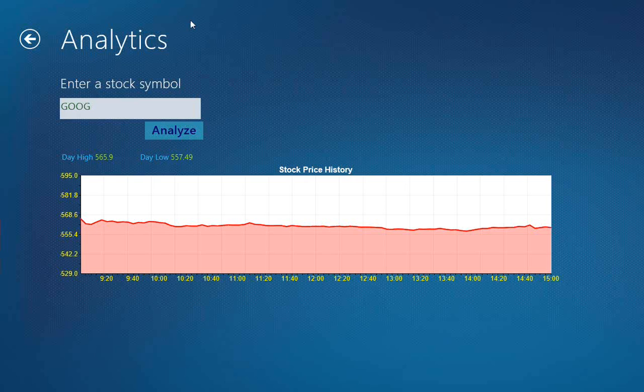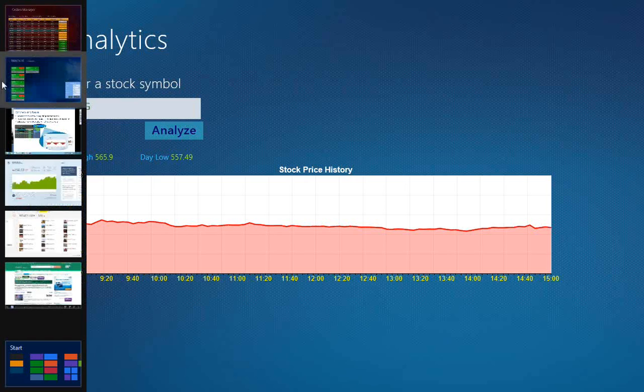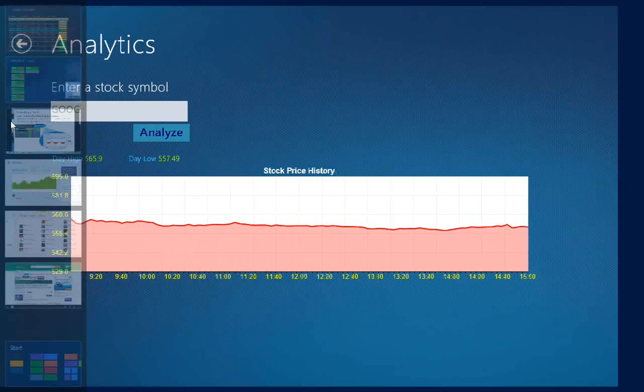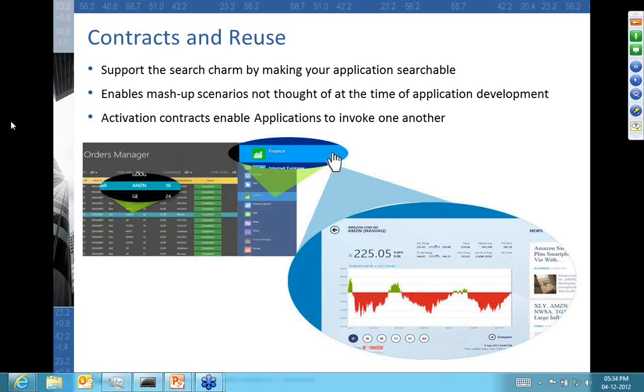The other point I wanted to bring in here is that protocol activation, all these contracts and activation mechanisms, are applicable to all kinds of Modern UI applications, irrespective of the platform they have been built in. Analytics is an HTML5 JavaScript application, and Watchlist was a C# XAML based application.